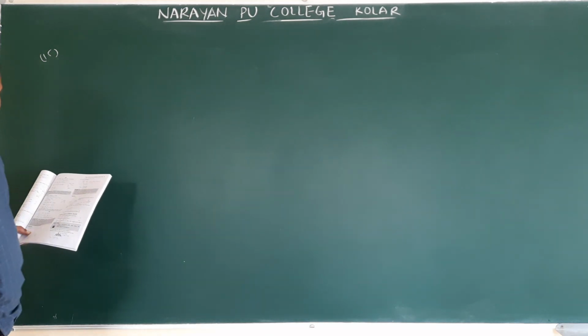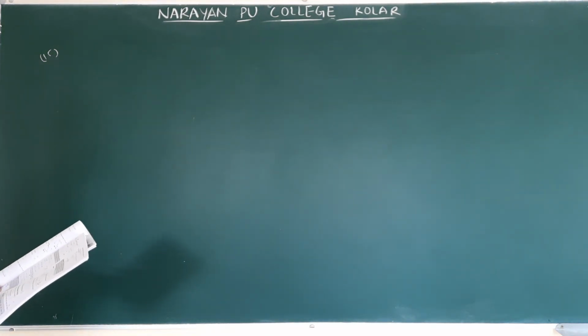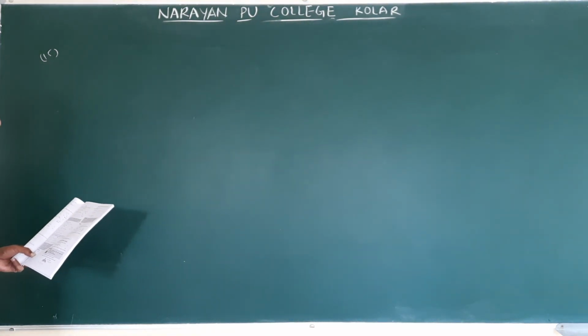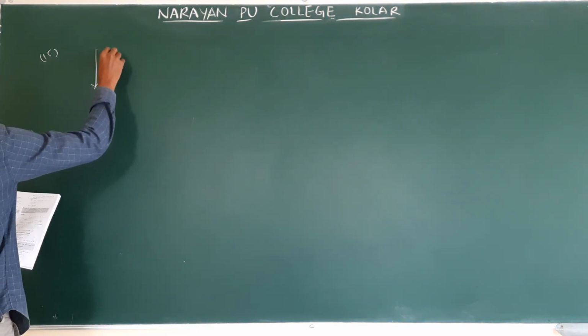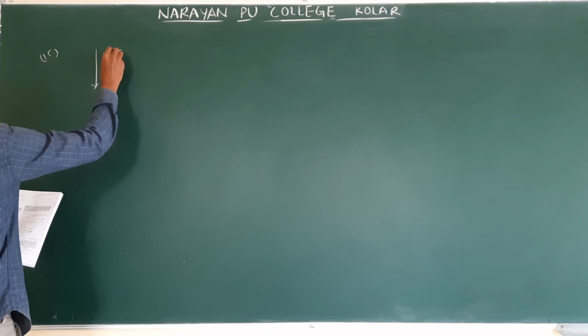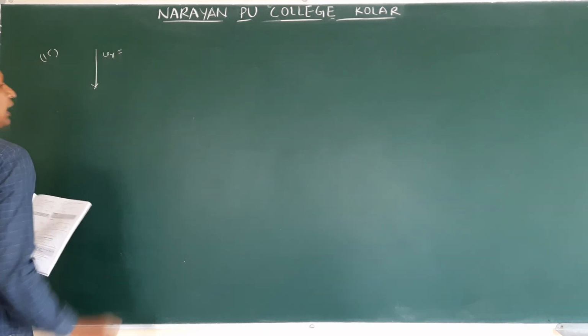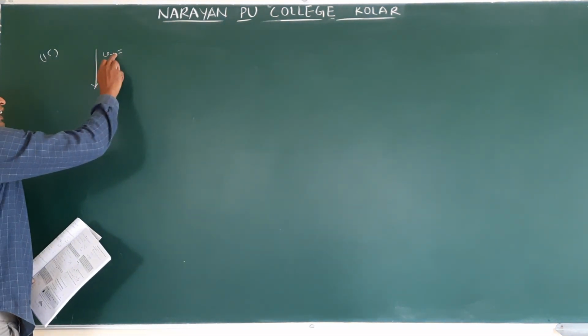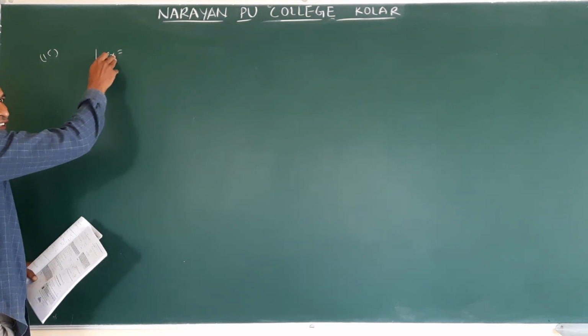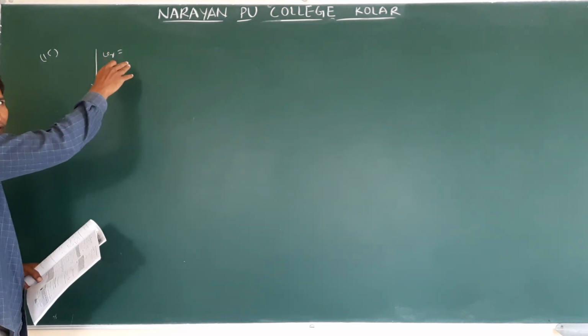So I am not drawing rain. I am taking it in the vector form. Rain is falling, so this is downwards. This is velocity of rain, Vr. Always I don't write VRG, VAG, VBG. That G means with respect to ground. Without any G, that is actually with respect to ground. But every time we don't write with respect to ground.